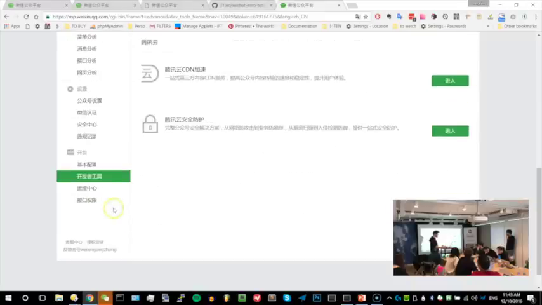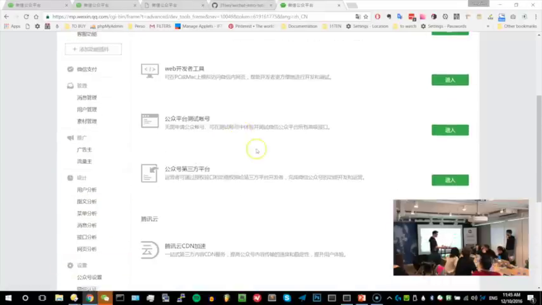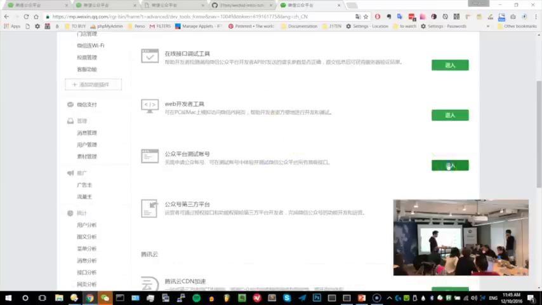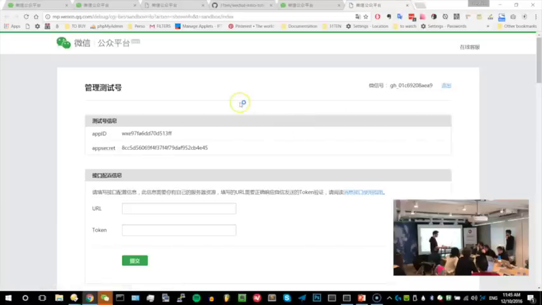If you go on the second item on the developer tools, at the end of the official account, you will have several tools, and the fourth one is the useful one. It's called the sandbox. I already generated the sandbox, but you need to scan a QR code again. It generates some information.